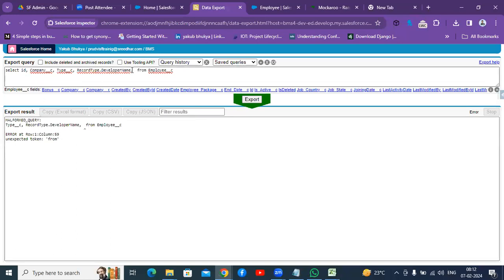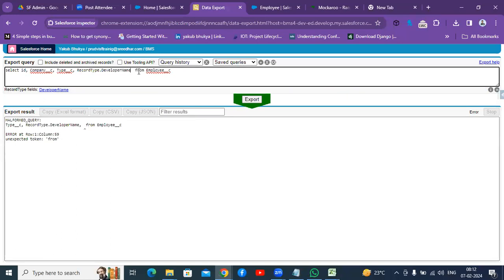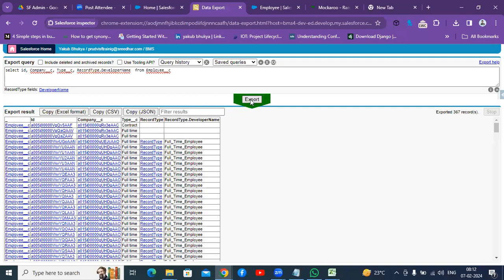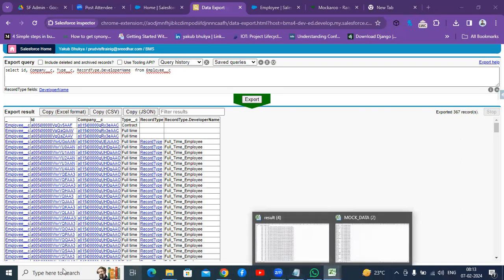Here some extra comma is there, that's why it's not coming. Now it is giving complete data. Prior to creating record types, we created a few records. That's why we are unable to see record type and record type dot developer name. If you want to download this data, you can copy to Excel format. You can click on this and